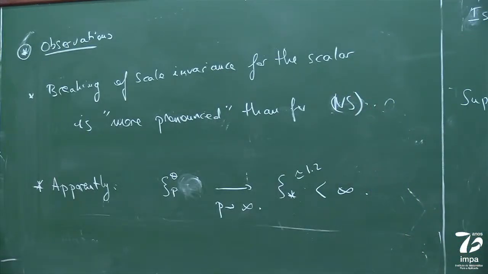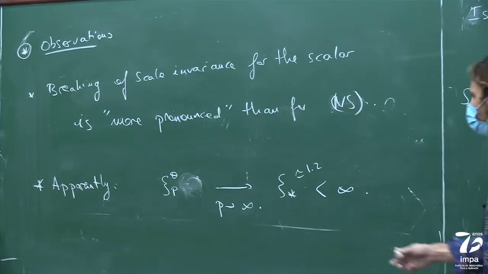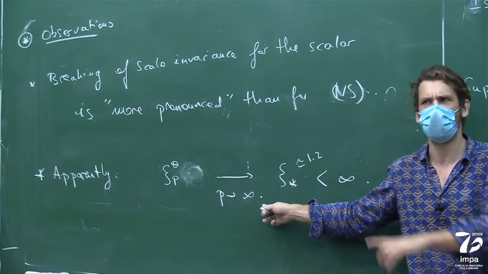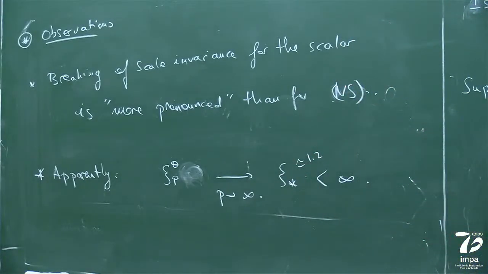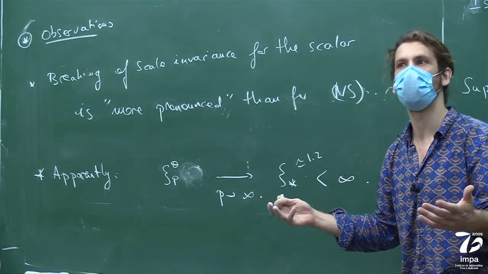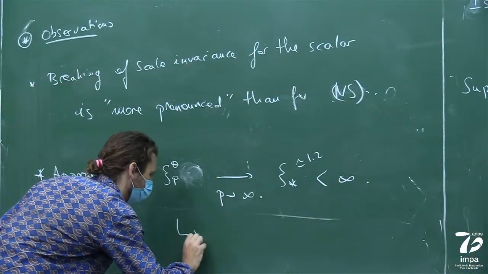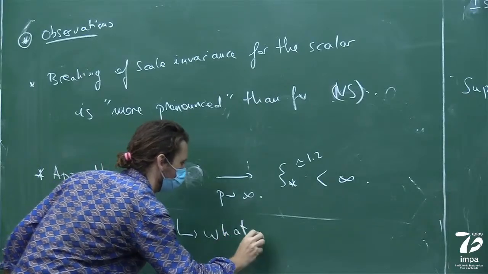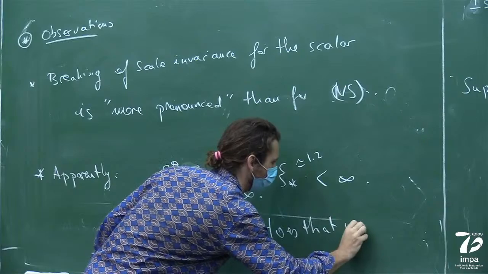It can also go down, indeed. But the question is, what does it mean, and even if it goes down, it has an interesting consequence for what the scalar field looks like. So this is what I want to comment on now. So what does that mean?